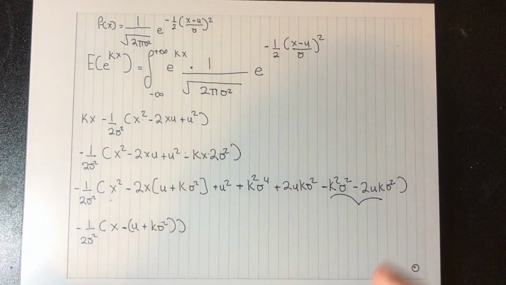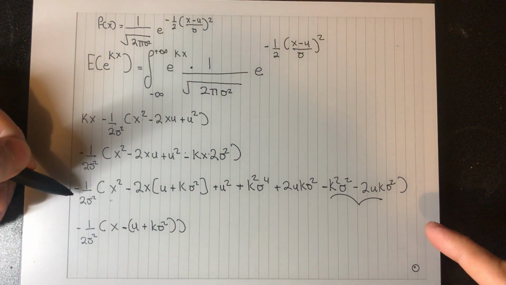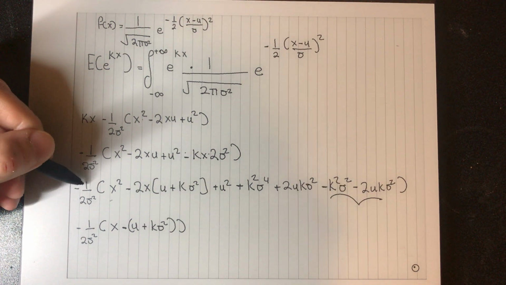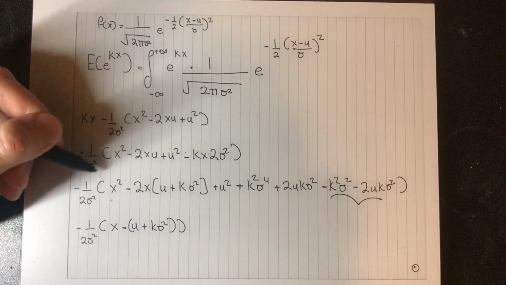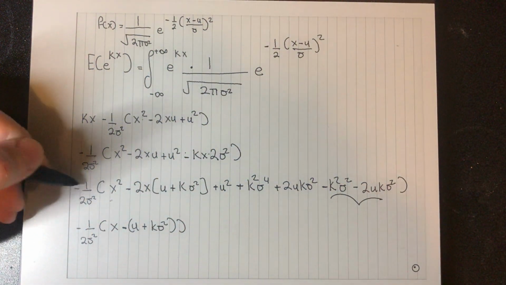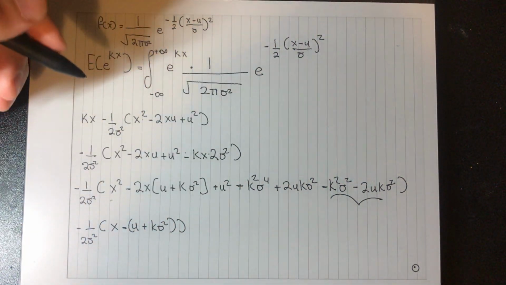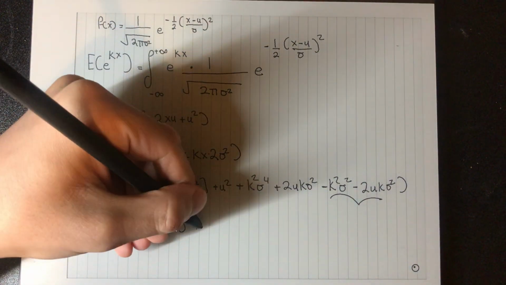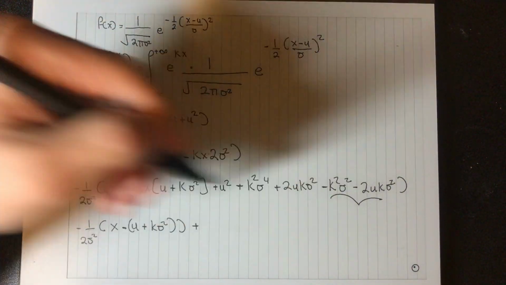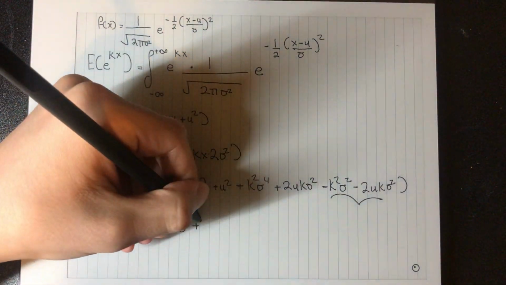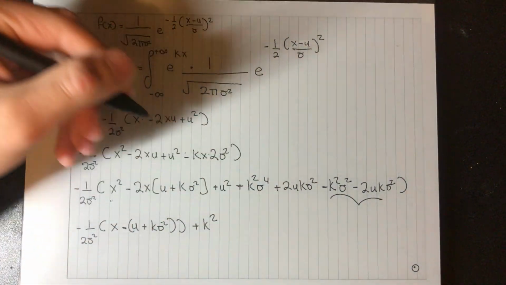And taking this out, I have to basically multiply it by the factor which is being multiplied by the brackets. So if I want to take it out of the brackets, I have to account for the thing which is being multiplied by. So to do so, I will have to have a positive sign, because the negative multiplied by a negative gives me positive. And I would have k squared